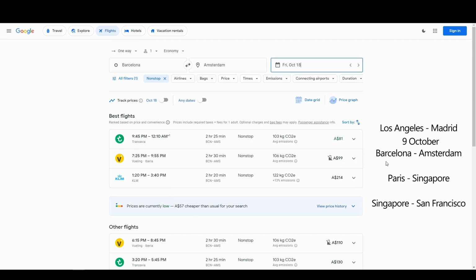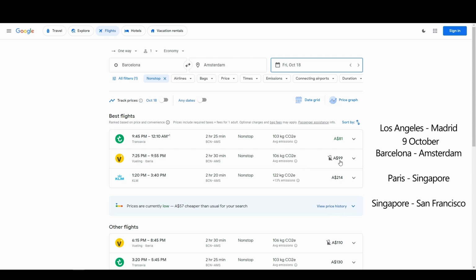Now I can see the cheapest one is Transavia, but I want to show you one more feature that can really save you money. It's the bags option. You see how Vueling is cheaper than KLM? This logo here shows that the price doesn't include any carry-on bags. So if you travel light or don't have any checked baggage, you will most likely have a carry-on with you.